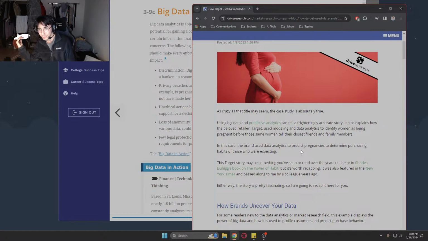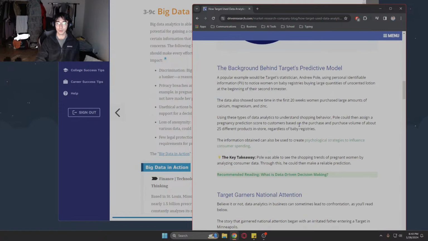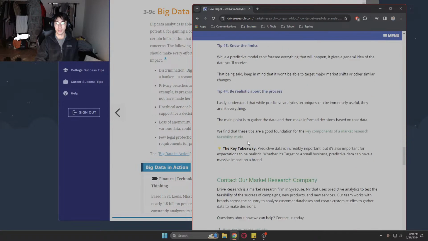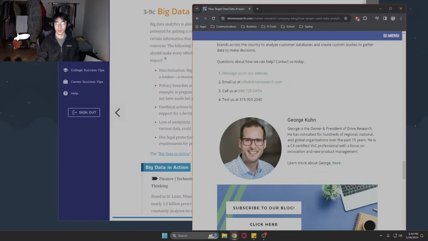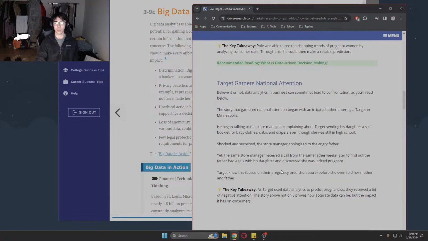But that's not what made this, like, oh, they're then using data to help us buy stuff. No, this isn't the thing. So I think, let's see, where is it? How Target figured out a teen girl was pregnant before her father did. Okay, so